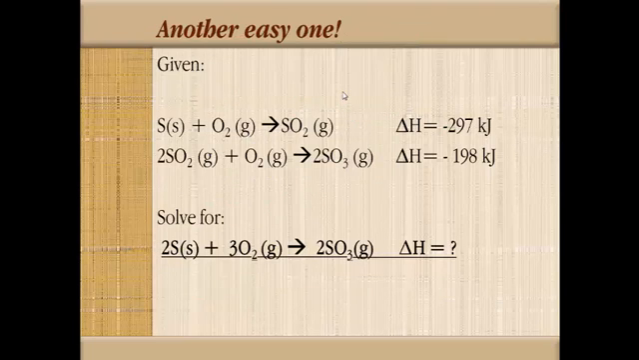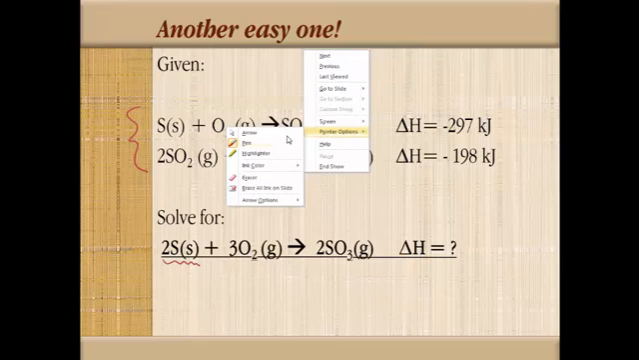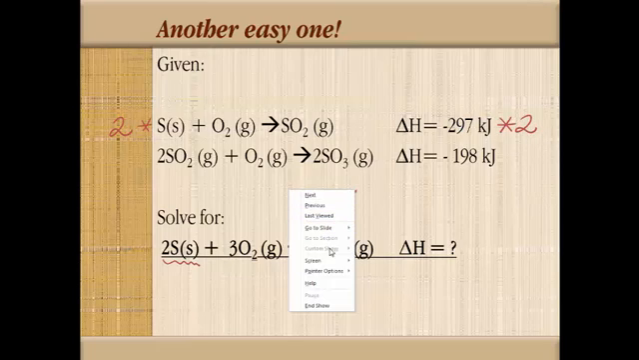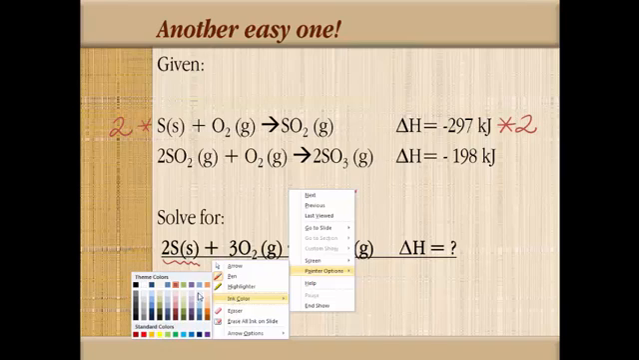Alright, so here's another fairly easy one for us to tackle. We only have 2 puzzle pieces in this one right here, and we're trying to solve for this equation down here. So again, start with your big picture. We want 2 sulfurs on the reaction side. So which reaction does sulfur show up in? Sulfur shows up here in the first one. It's on the correct side of the arrow, but it needs a coefficient of 2. So we're going to multiply that whole equation through by 2, and we're going to multiply the delta H by 2. So we're going to rewrite it